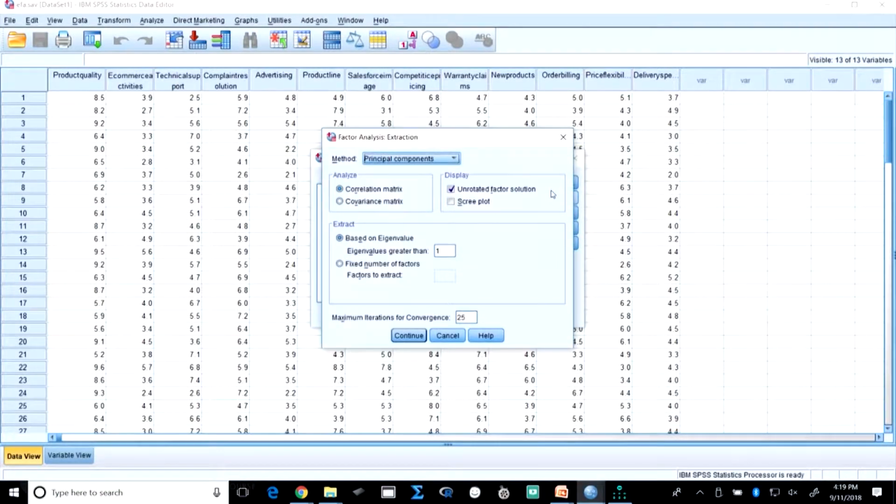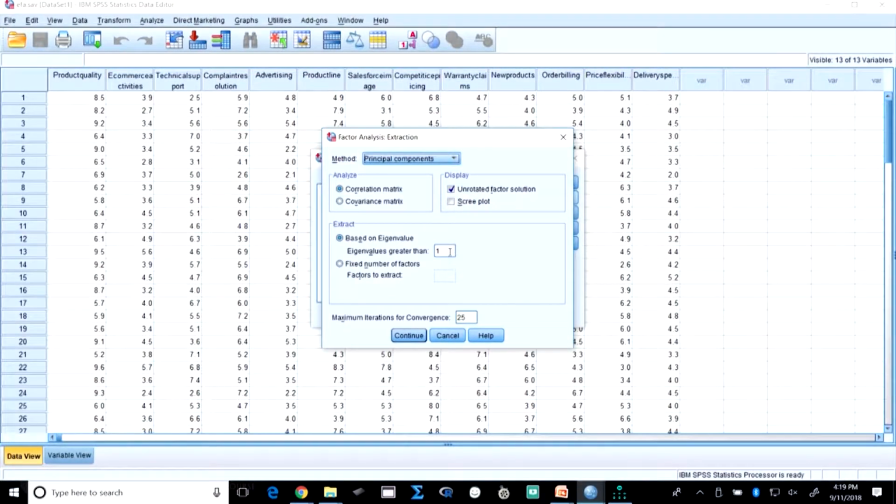We said we can extract on the basis of eigenvalue or a fixed number of factors. Eigenvalue, if you remember, tells how the variables contribute to a particular factor. We take the sum of the squared loadings across a particular factor, and that value is called the eigenvalue. So, the eigenvalue should be greater than 1, right, or we could also use a fixed number of factors. We asked how you determine the fixed number of factors.